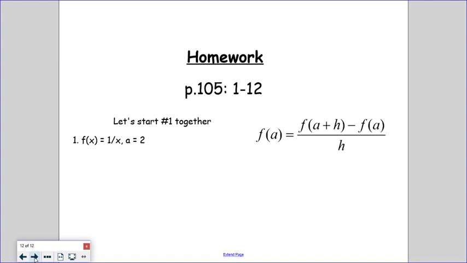okay? So we're going to start problem number 1 together. This is exactly what it looks like in your book. Go ahead and find wherever you're doing your assignment. I'm going to